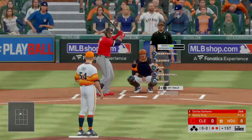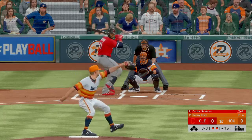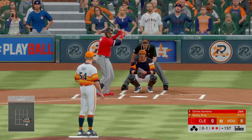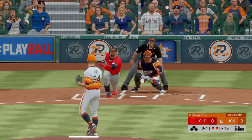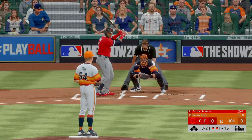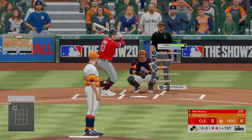So stepping in, Carlos Santana. First chance for him here in the top of the first with nobody on. Infield in the overshift here. Now the pitch. 0-1. Up and the 0-2 pitch. Now a fastball runs inside and drills him. Oh, that's gotta hurt. So the runner at first here with 2 gone in the inning, and that'll bring up